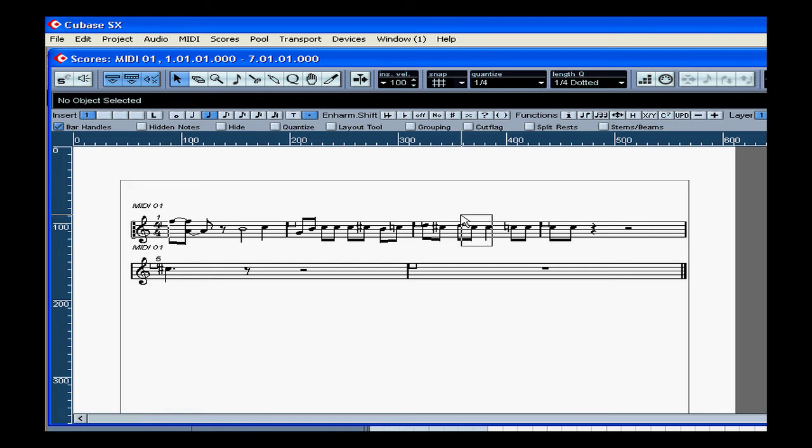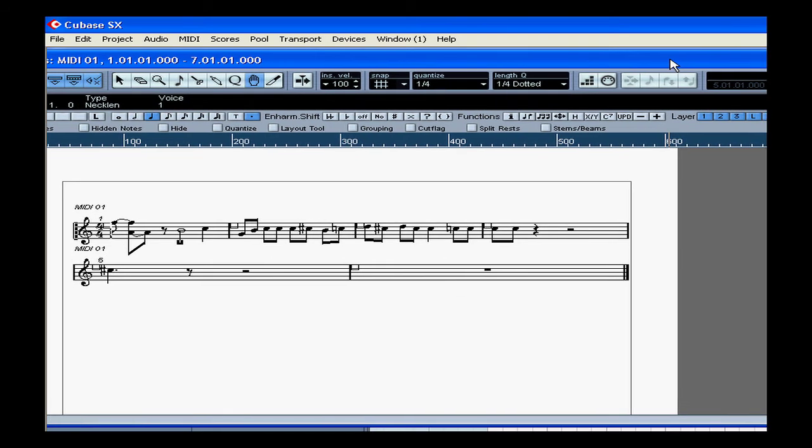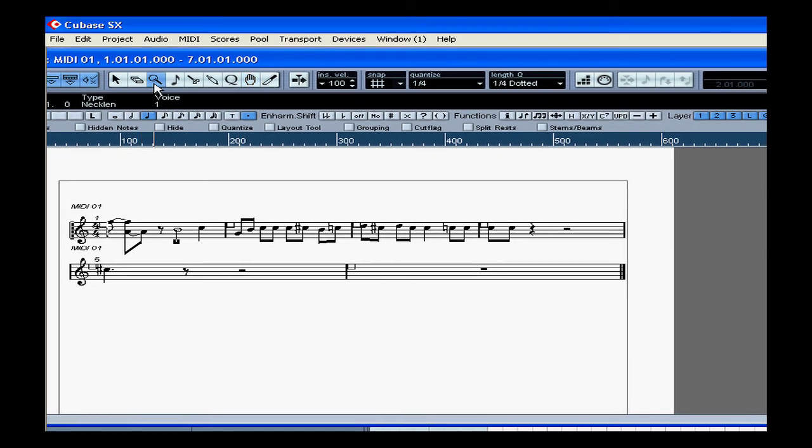This button here lets you flip the note's stem. This button groups the notes together. To change the graphical appearance, use this button. Before I explain these three buttons,